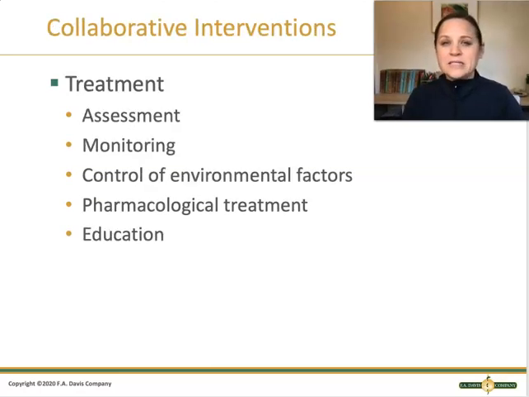Now, because asthma is a chronic condition, we want to make sure we've got good control for these patients over time. And that means really partnering with patients because they're not always going to be in the hospital. In fact, we'd like to keep them out of the hospital and managing this at home. And so when they do come in, we need to do good respiratory assessments to make sure that we're not missing anything. Monitoring their symptoms over time, asking how they're doing and if their condition is improving or getting worse over time. Teaching them how to control environmental factors.